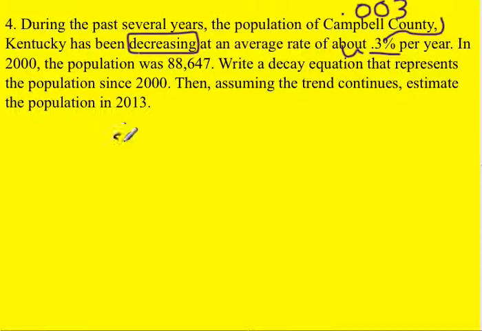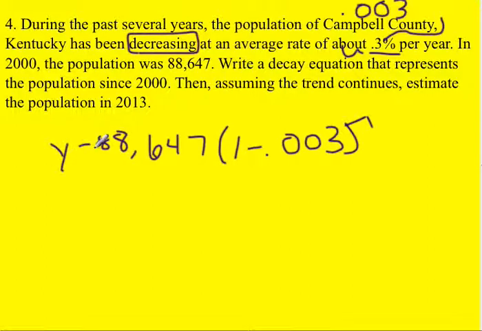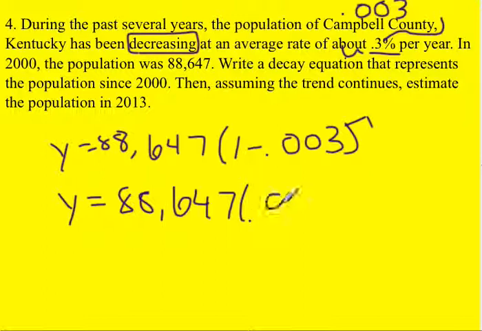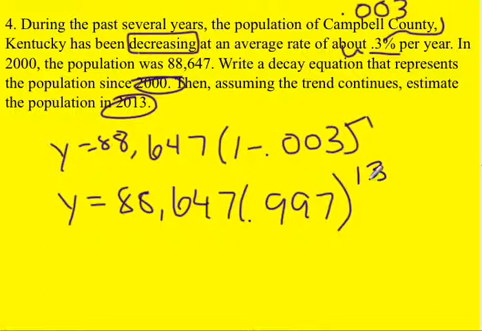So we're starting with 88,647 people. And then we're going to do 1 minus 0.003 to the x power. And that's going to equal the population. So I'm going to go through and actually subtract that. And when I do that, I end up getting 0.997. Now I want to figure out how many years passed between 2013 and 2000, and that's going to be 13 years. So now I'm going to take that in the equation. I'm going to do 88,647 times 0.997, and that's going to be raised to the 13th power. And when you do that, you get